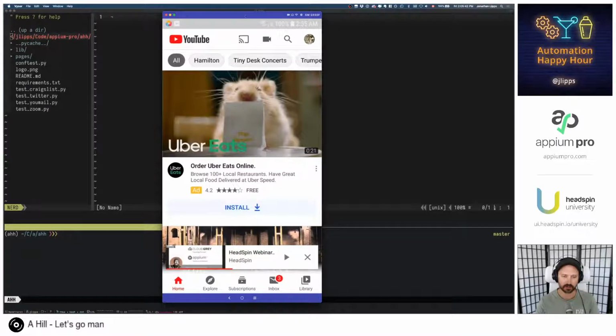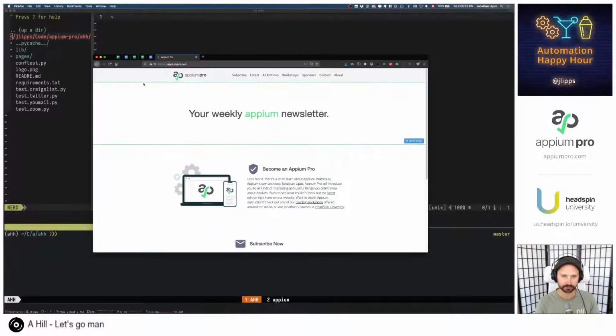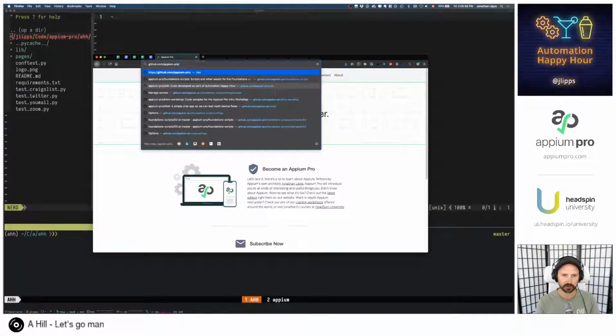Let's get started. So first thing we want to do, open up our code project. Here it is. You can always get to the code yourself. Go to github.com/appium-pro/